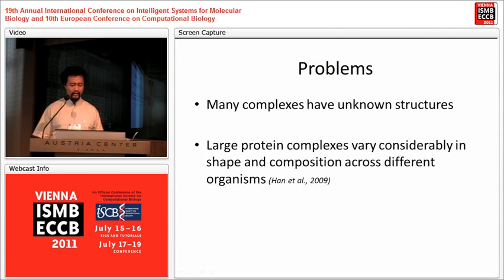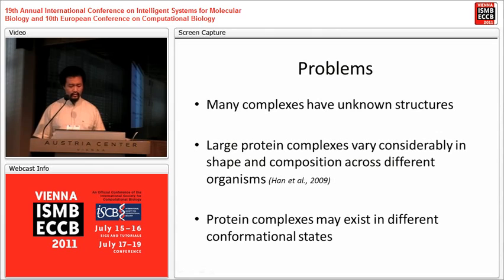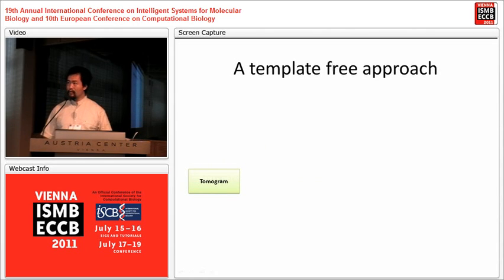Recent studies show that large protein complexes vary considerably in shape and composition across different organisms. In addition, protein complexes may exist in different conformational states. Therefore, to complement the existing template-based approach, we have developed a template-free